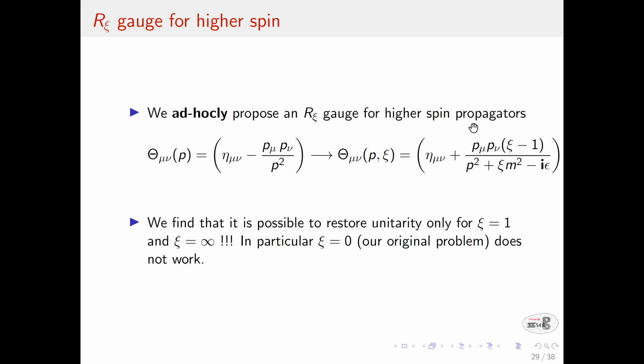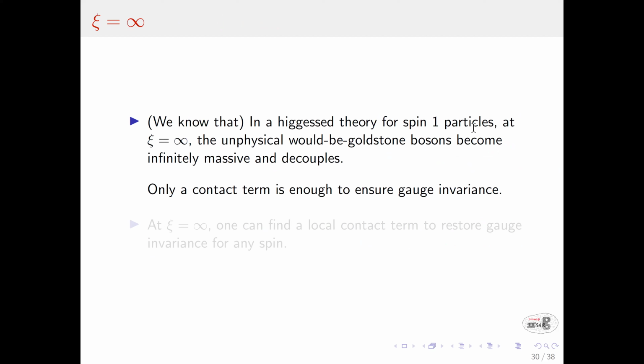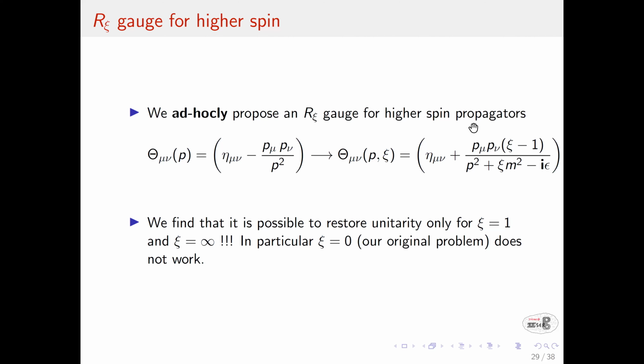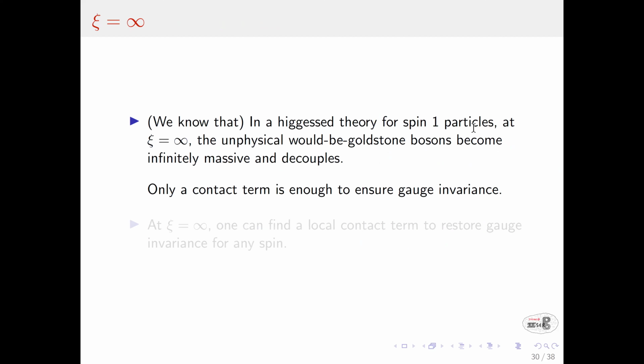And as we know from xi equal to infinity for spin 1, as Siraj was also saying, just adding a contact term is enough to restore gauge invariance. Also, in the... With C? Yes, p square plus c m square, correct. That sends the mass to 0 when you send C to 0, and that doesn't work. That's what I'm saying. It only works for C equal to infinity. And actually, you can give a derivation of the C equal to infinity propagator using on-shell methods. That must just be the propagator that projects out everything.